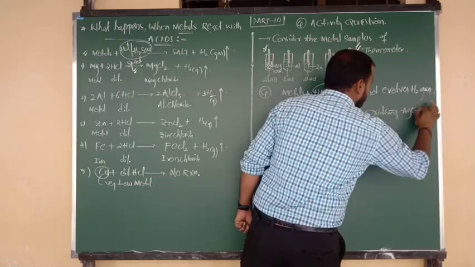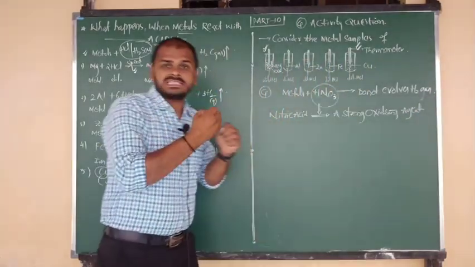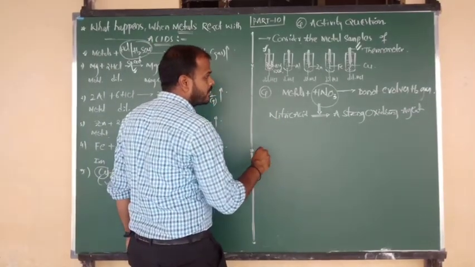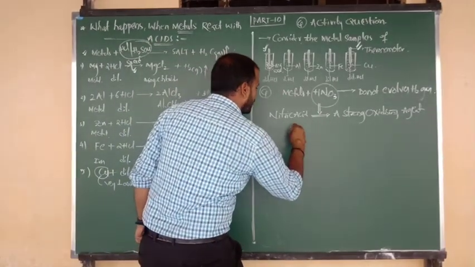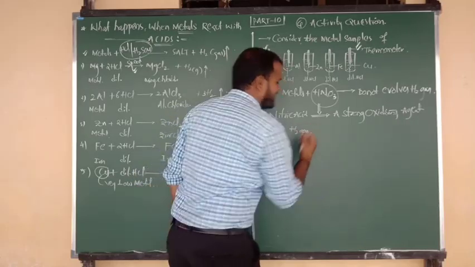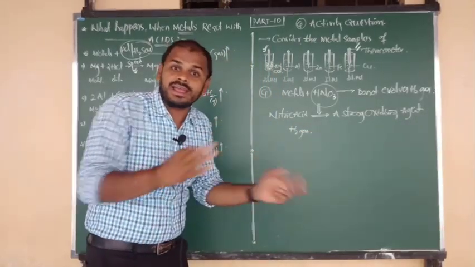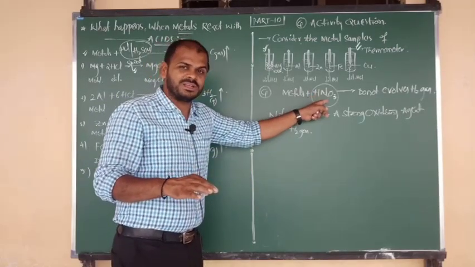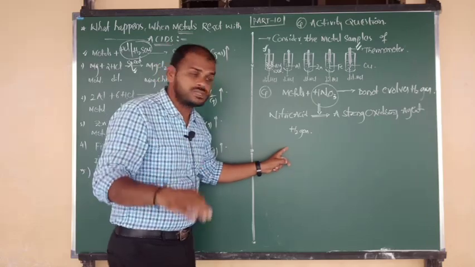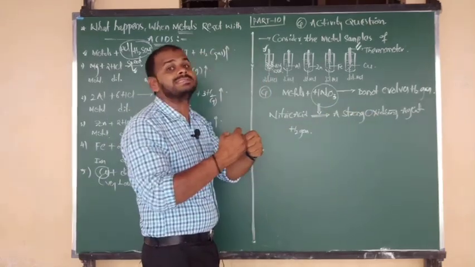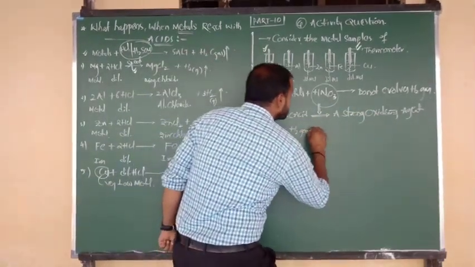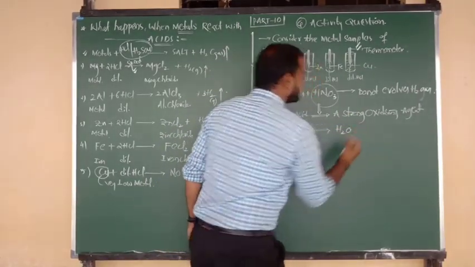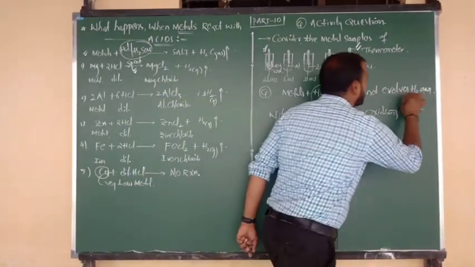Due to its more oxidizing power, what is going to happen here? Actually, in this reaction also, H2 gas release will take place, but finally you won't get any H2 gas. Of course, H2 gas is released here. The H which is in HNO3 comes out, but due to its strong oxidizing agent nature, the H2 gas which is formed is converted into water molecule. This is the story. That's why here you are not going to get any H2 gas.